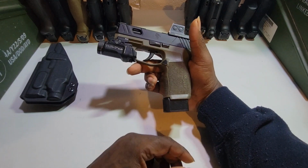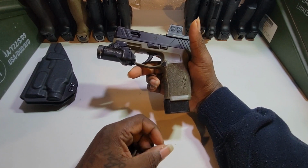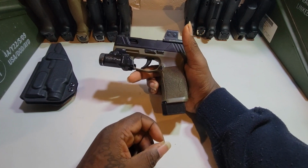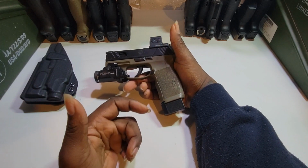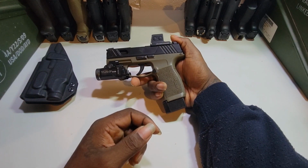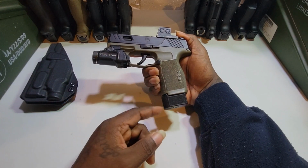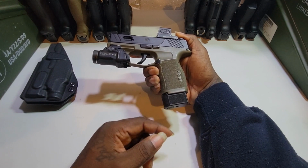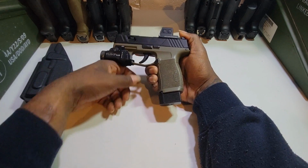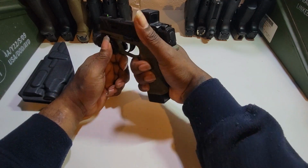The normal ones come with a 12 round magazine, but I think I gave that away to my brother or somebody else because I just don't like having all these extra parts for these SIGs. Every time I get extra parts, I want to put together another gun. So right now, I just got two 15 round magazines for this. The other one's in my jacket right now. I don't feel like really getting up, but yeah,